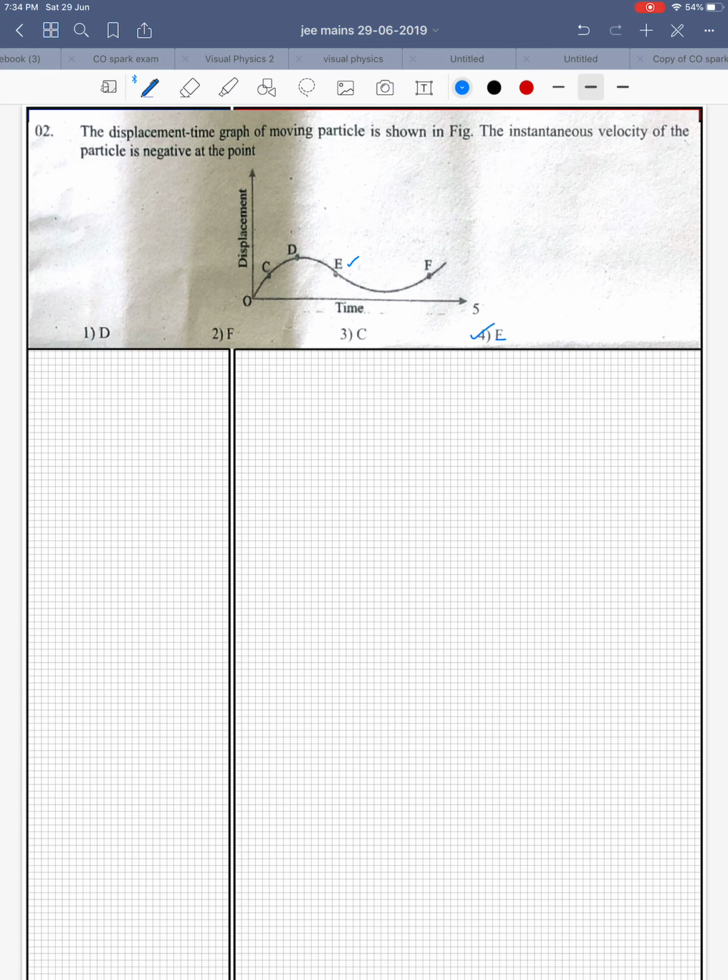Fine. If you have a graph, any graph, this is y and this is x, y equals to a function of x. Okay, that means maybe when you plot a graph between x and f of x, might be this is your plot. Okay, if I want slope of the tangent